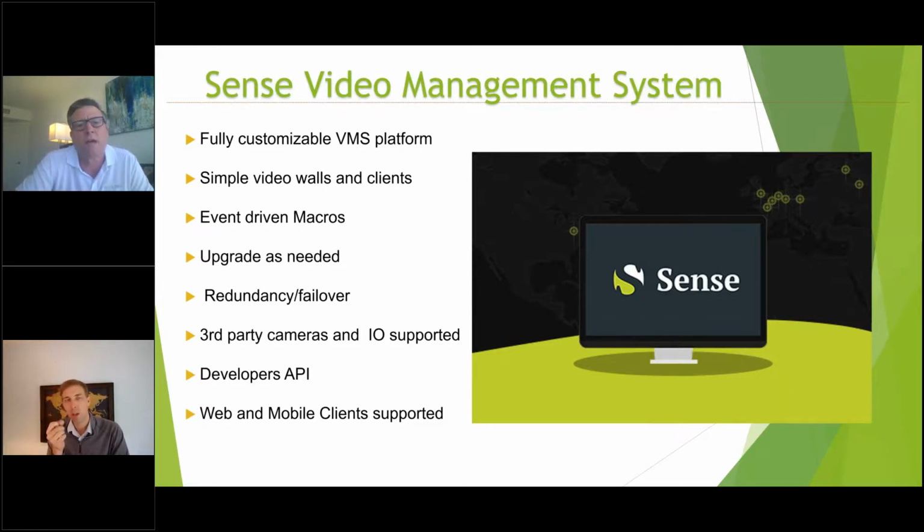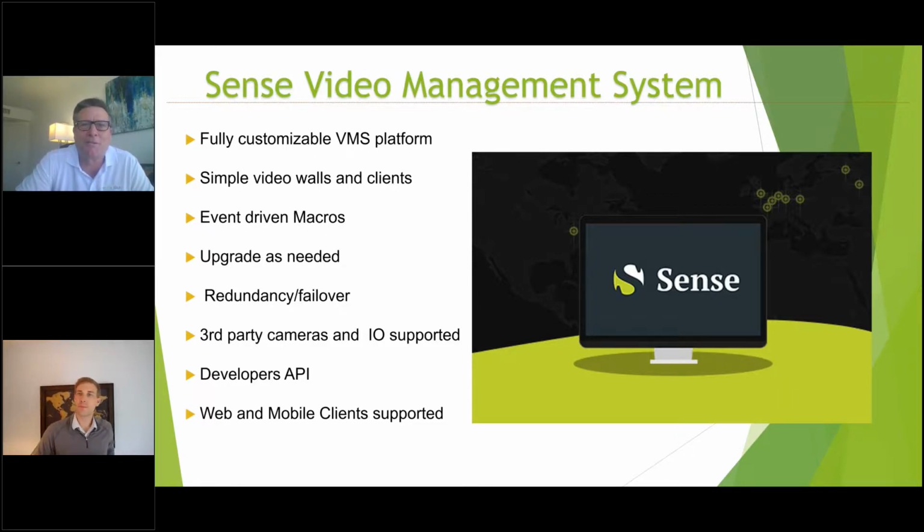We support our own product, but we also support over 3,000 different partners through either native drivers or ONVIF. We're ONVIF compliant, so we do that. It's great with macros. We have the ability to use it with APIs, and it's supported. You can also view this on your smartphone, whether it be an Apple or